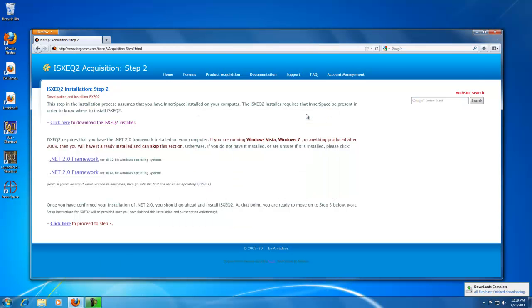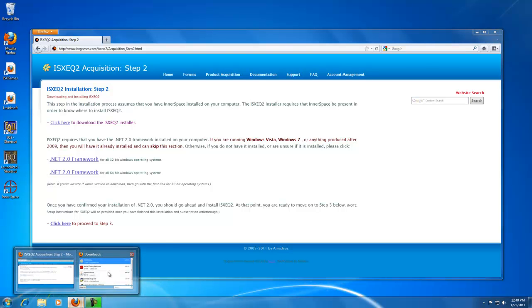I'll go ahead and minimize that for now. Now, if you have Windows 7, you can skip this step completely. Vista and Windows 7 already have Net Framework 4.0, so you don't really need to do anything. If you have an operating system like XP, you'll want to go ahead and download the Net 2.0 framework. We'll go ahead and go back to our downloads,